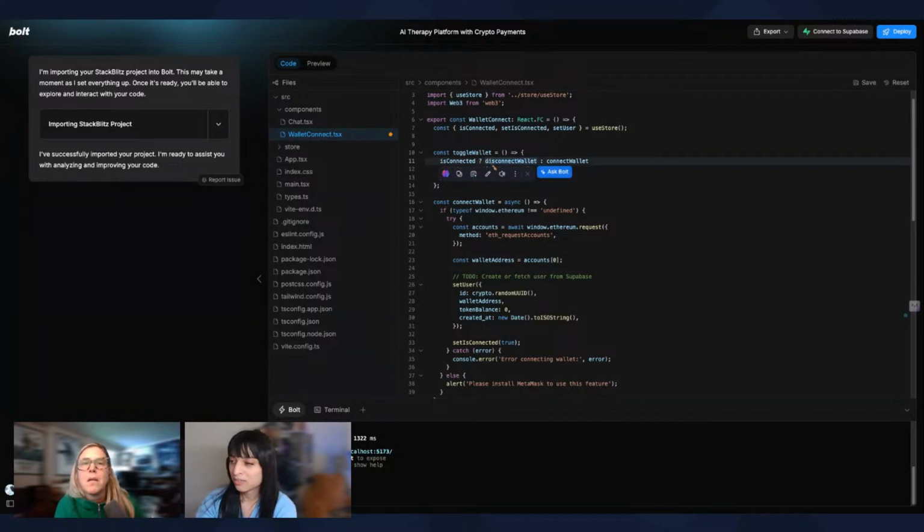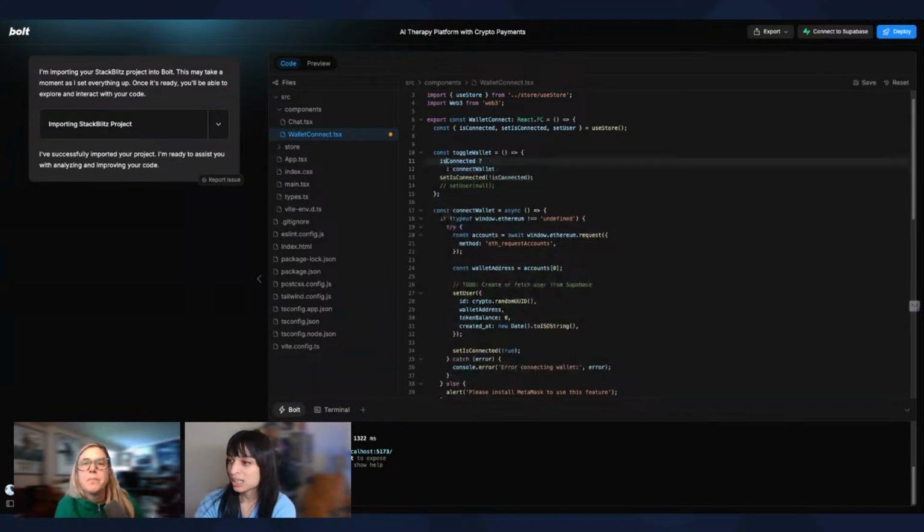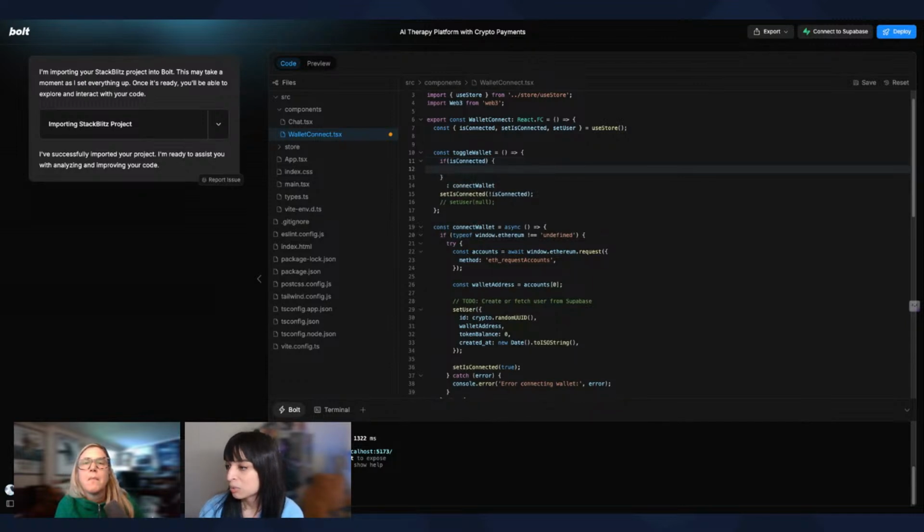So we could write that out very verbosely. We could do an if statement. If is connected, then we'll do the first thing, which is set is connected to what was it?